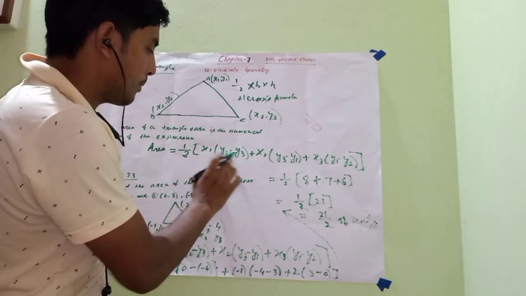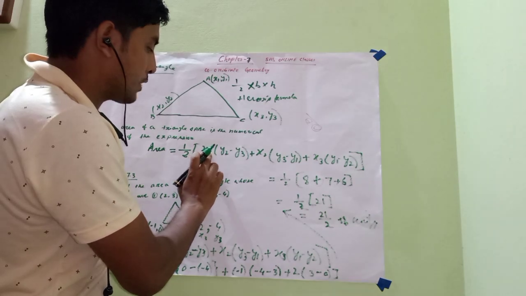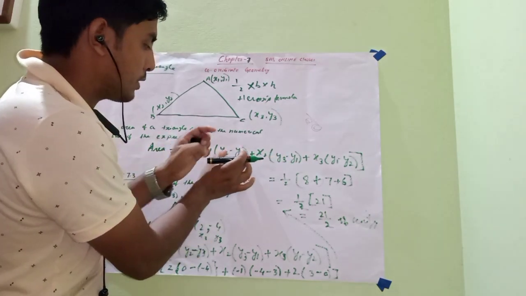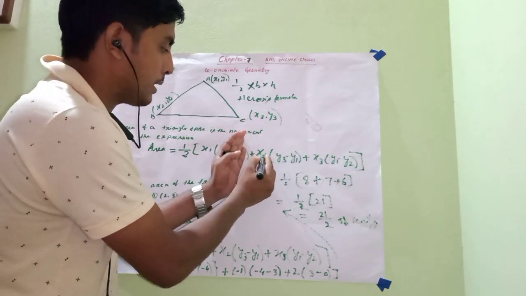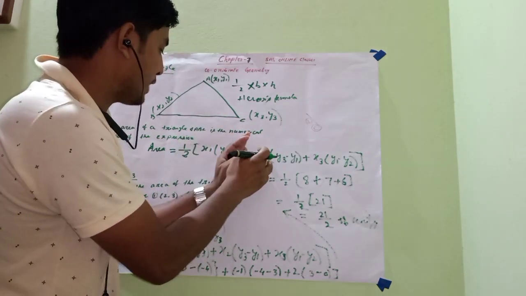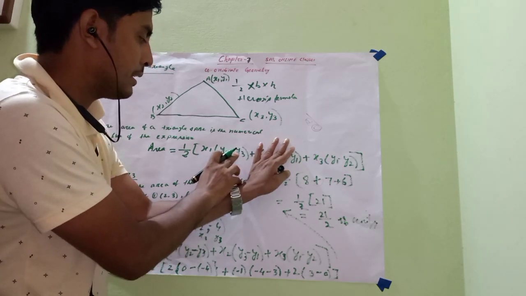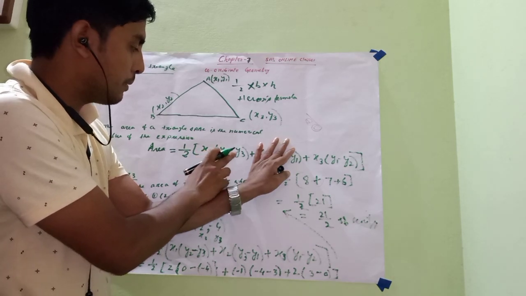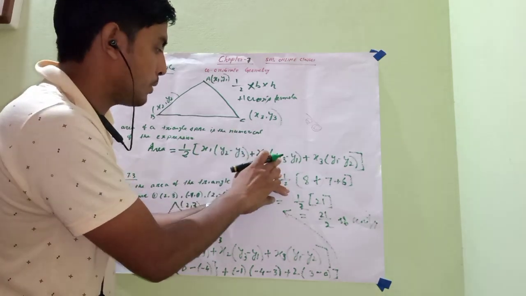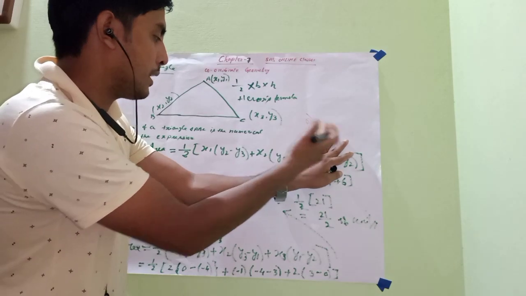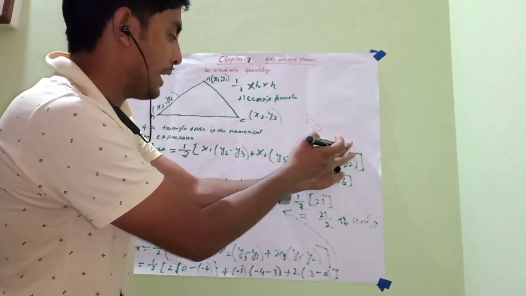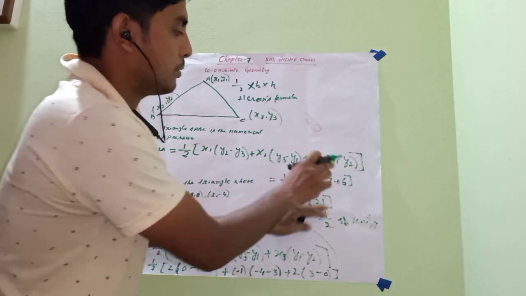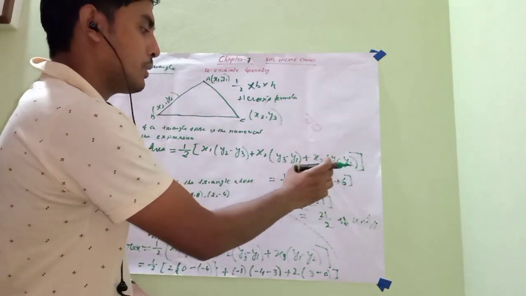First of all, you have to remember this portion. So what is given here? x1 (y2 minus y3). Next part, x2, then y3 again, and 1 less than 2 for this term, means y3 minus y1, so x2 (y3 minus y1). Similarly for the third part, x3, then you write y1, then 1 less than 3, that means y1 minus y2. Understood? Like this you can remember it.